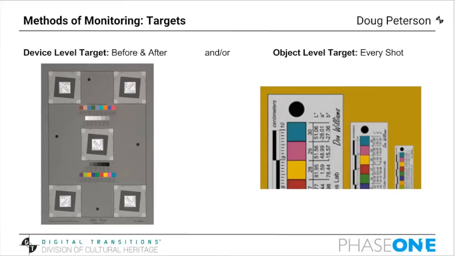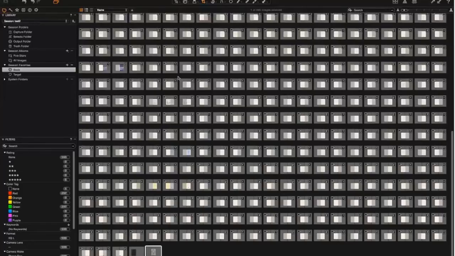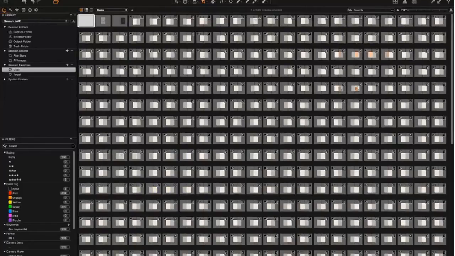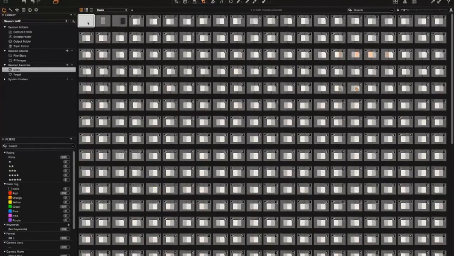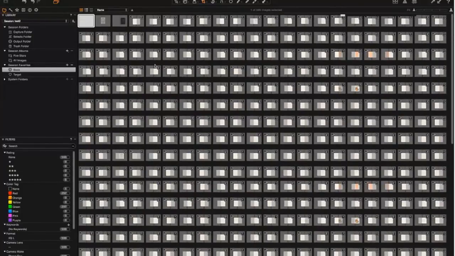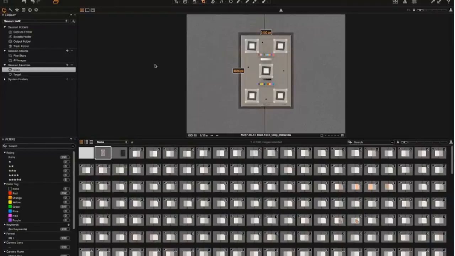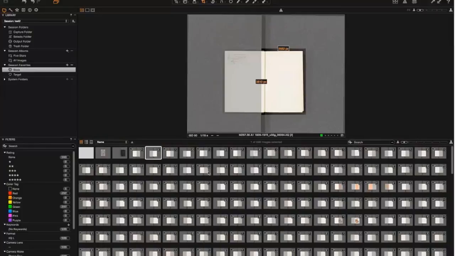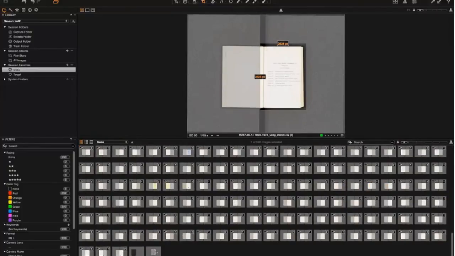I want to show you real quick in Capture One just how this looks, in case you've never done it or seen it, of what it looks like to have a book. So this is a 600-page book, and at the very beginning of this, we have an LCC reference, which is just a white piece of board in order to map out how the illumination is falling, followed by a target. Then we go into the book and we have the first page of the book, the cover, the first page. At the very end of the book, we repeat that target, same physical